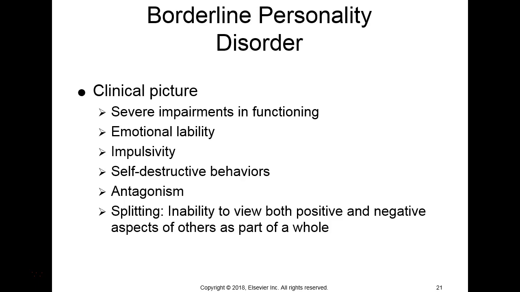Because they may be cutting themselves, they may be overdosing, taking small overdoses, enough to need a treatment, but not enough to kill themselves, and doing all kinds of things that are self-destructive to kind of act out their inner conflict and all of their inner tension and stress. So people with this disorder have severe impairments in their day-to-day functioning. They are very emotionally labile. So their emotions are all over the place. They can be very happy, sad, dramatic, down, just very all over the place as far as their emotions.